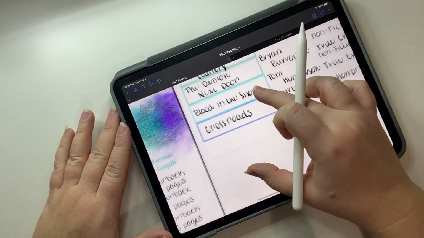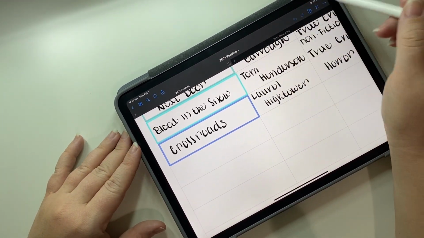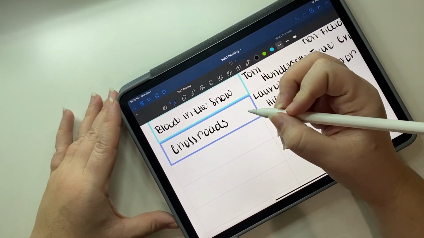So let's go up here because I actually did start a new book, but I didn't finish it, and that's okay. So we're going to come in here and